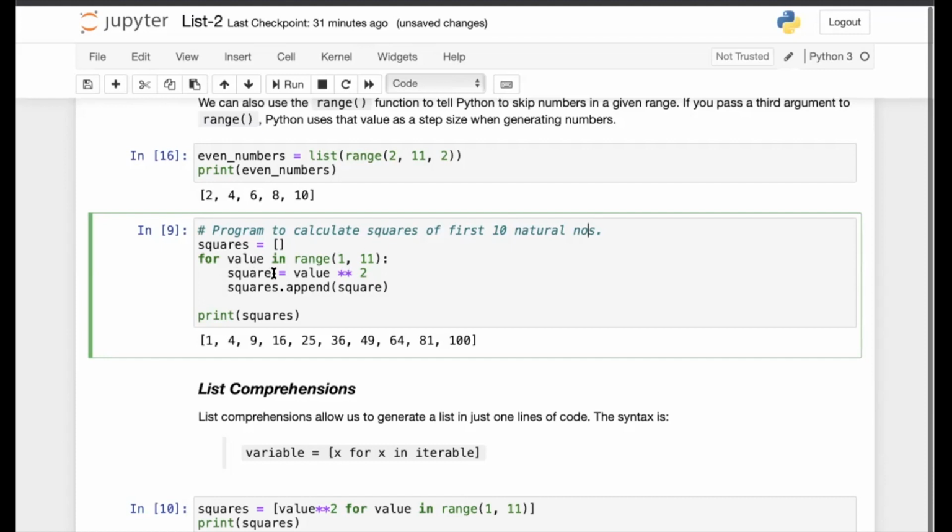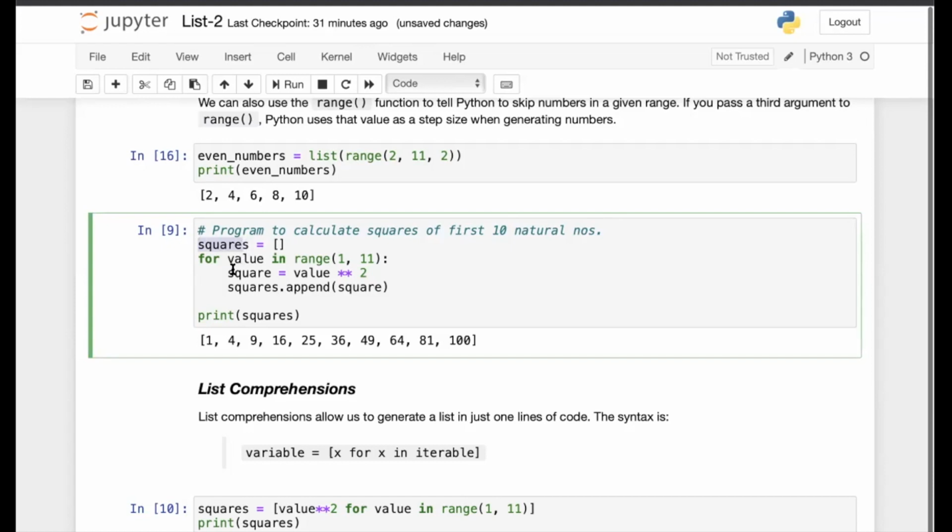Square is equal to value raised to the power 2. This exponentiation is done by the double asterisk. Square is equal to value ** 2, which means value raised to the power 2. Then this value, which I store in the variable square, is appended to the list squares.